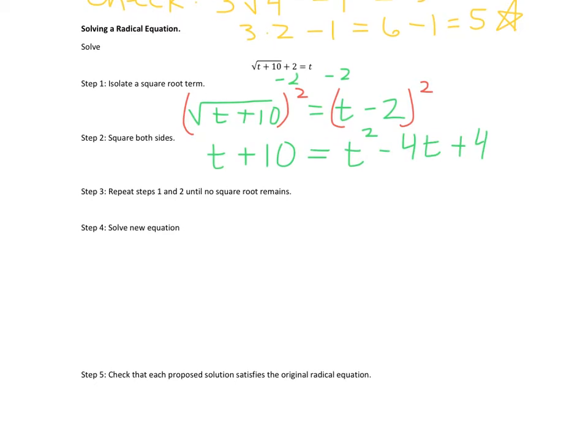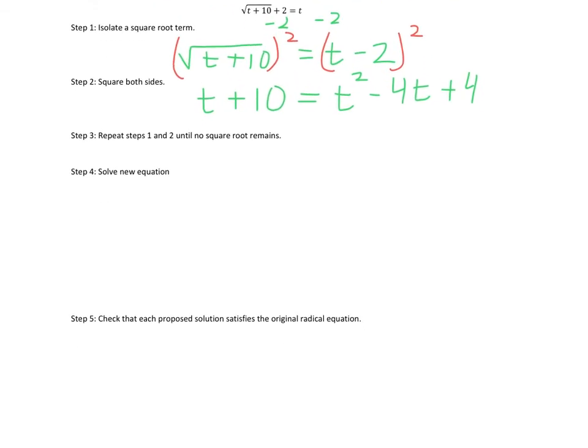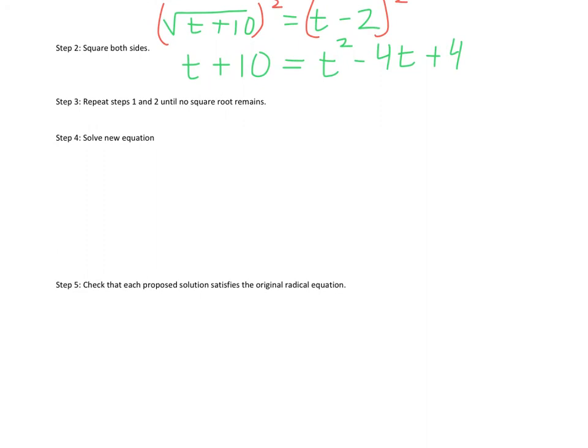And remember, if it's a linear equation, we isolate our variable. If it's quadratic, we make one side 0. And this one is quadratic. So let's make one side 0. So let's subtract the t from both sides. Let's subtract 10 from both sides. And now that equals 0. After we make it 0, we can use our quadratic formula, or we can factor. This one is factorable,